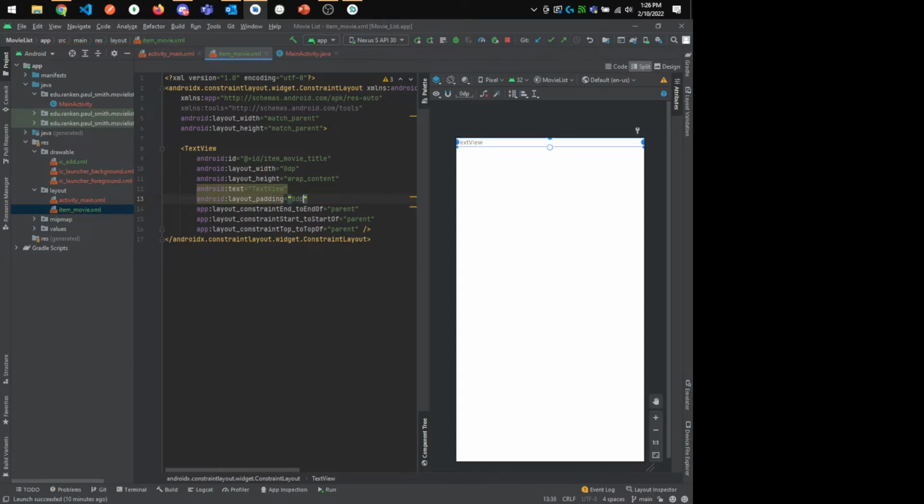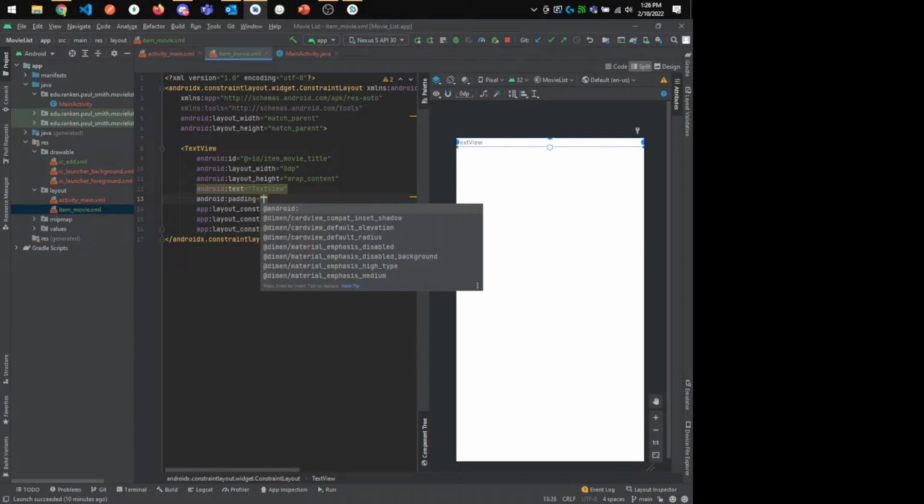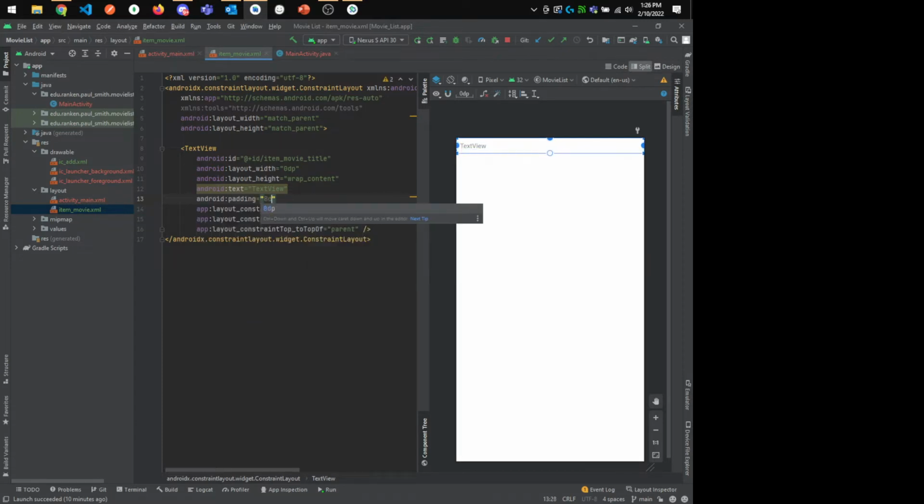Make that 8 dp. That should bring it in a little bit. And what am I missing? Padding. Oh, just padding, not layout padding. Okay, 8 dp. So that's going to bring that in. So you'll notice here that I've intentionally only anchored it in on the top 3 corners. That's important. So I'm letting the height be flexible, but the width is fixed to the entire width of the